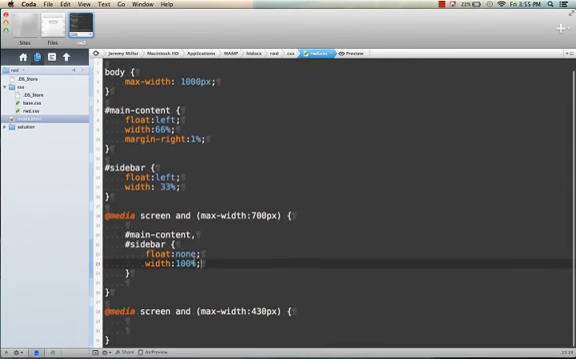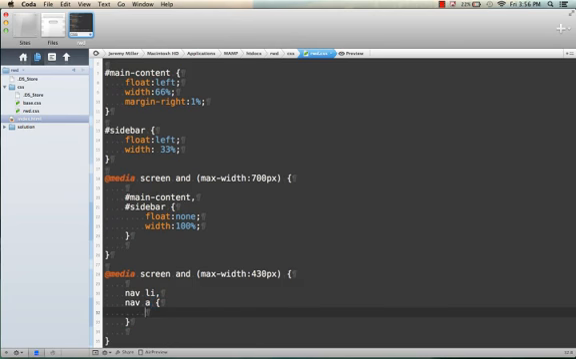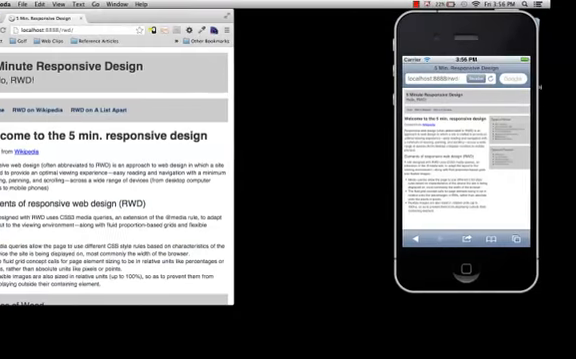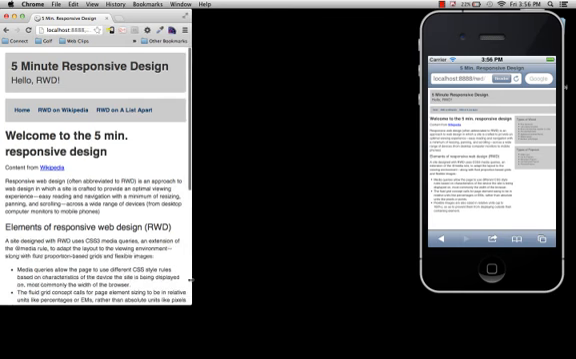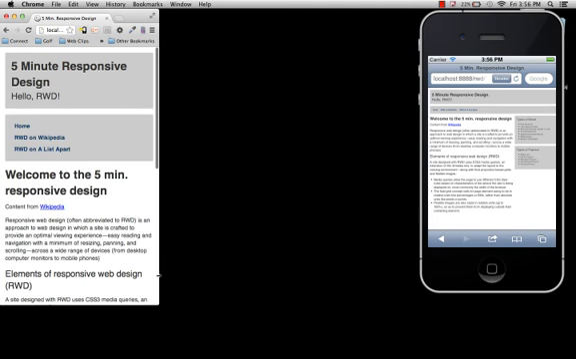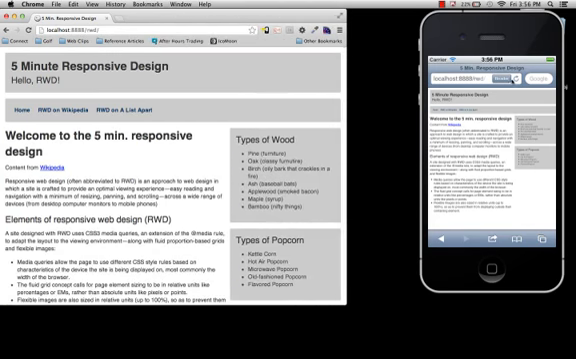When we get down to 430 pixels, you'll start to see some of the navigation squishing together. So what we're going to do is take the nav li and the nav anchor and just set them to display block. If we refresh in the browser, once we get down to 430 pixels, you can see that the navigation is now vertical. If we take this over to the phone, you see that it doesn't really do anything,